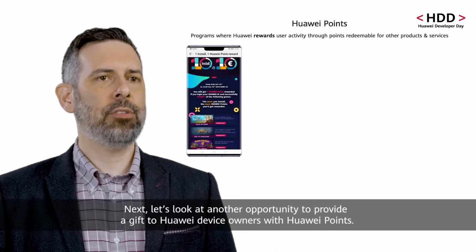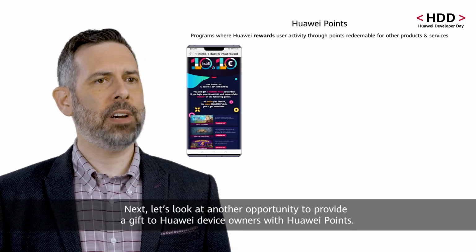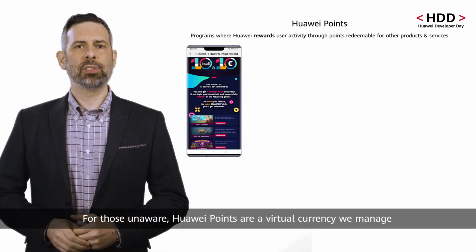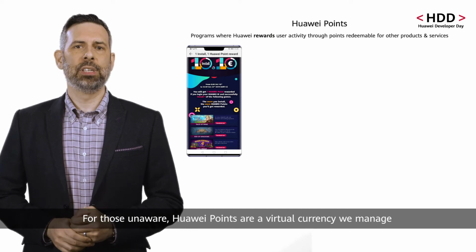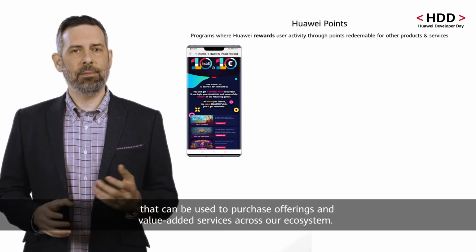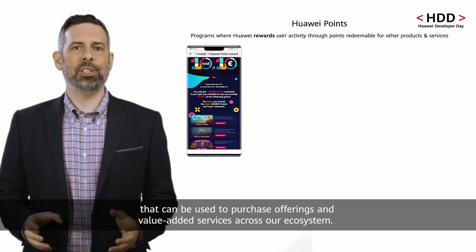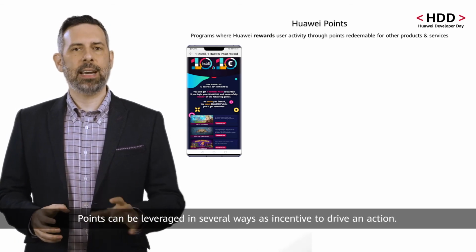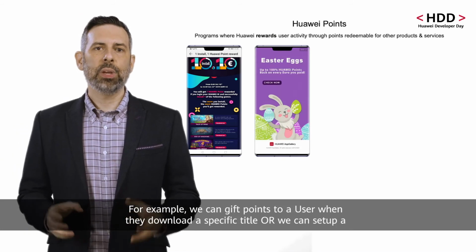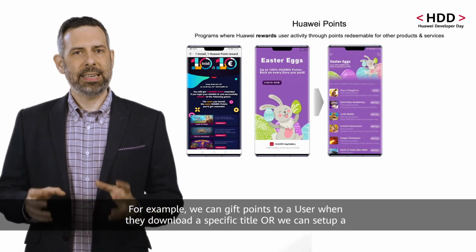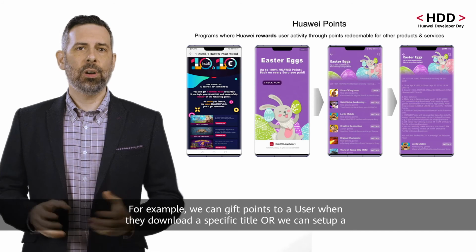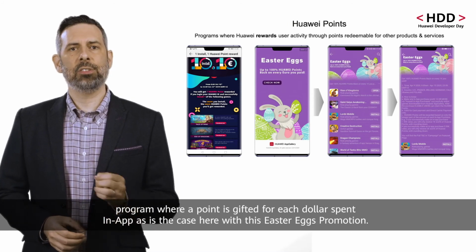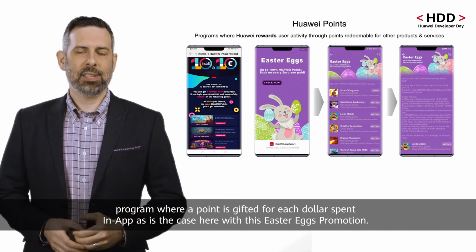Next, let's look at another opportunity to provide a gift to Huawei device owners with Huawei Points. For those unaware, Huawei Points are virtual currency we manage that can be used to purchase offerings and value-added services across our ecosystem. Points can be leveraged in several ways as incentive to drive action. For example, we can gift points to a user when they download a specific title, or we can set up a program where a point is gifted for every dollar spent in-app,